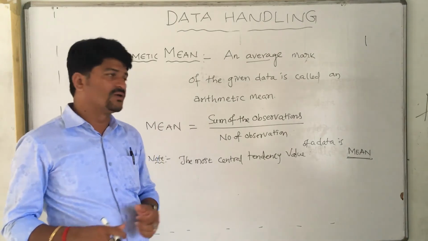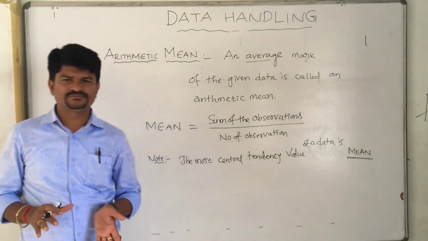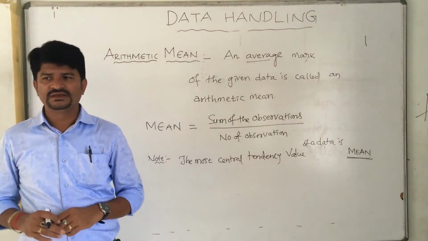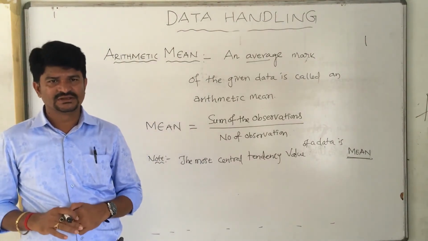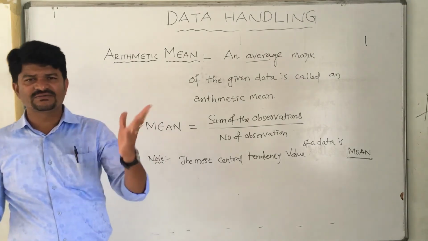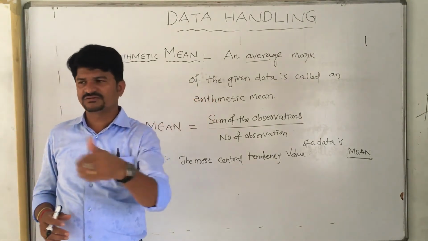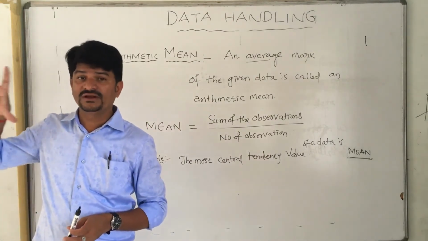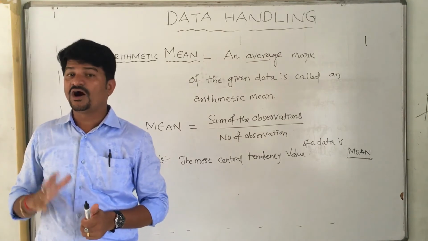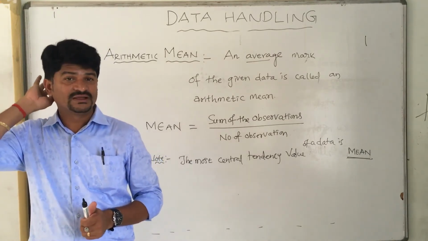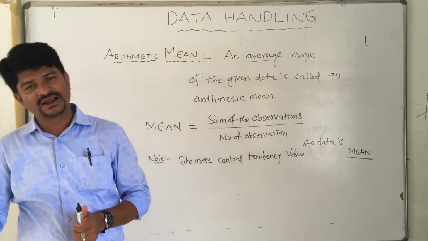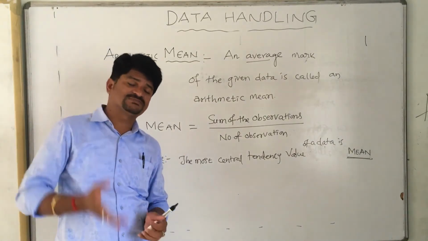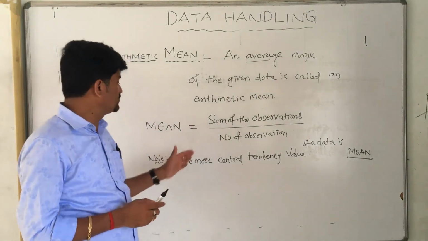Okay, children? Now, in different sectors, for example, one student has written an exam. He has given the exam for 6 subjects. He will get different marks: in Telugu 1 mark, Maths 1 mark, Science 1 mark, and everything. But finally, the board will give you a percentage. That is an average. All subjects should be calculated, added, and divided. Is it clear? So in most aspects, we can use this mean.